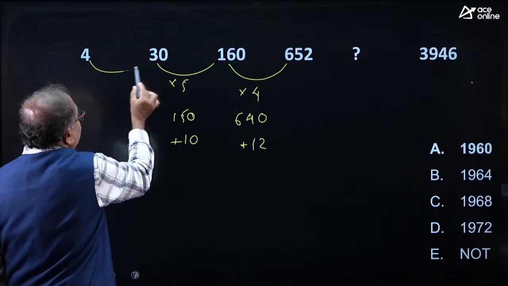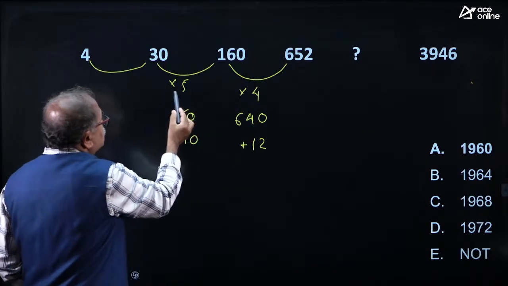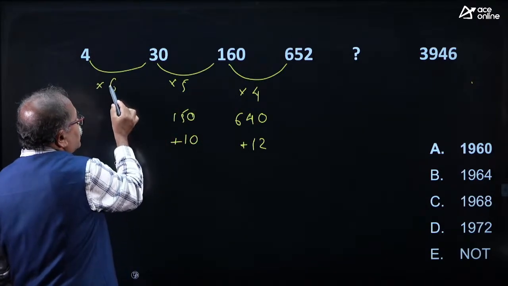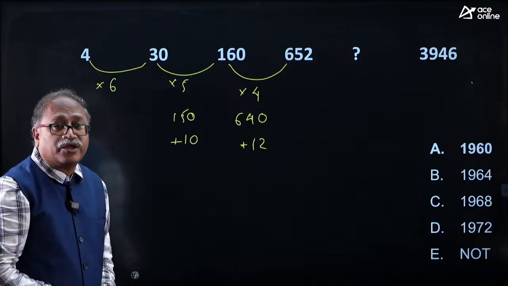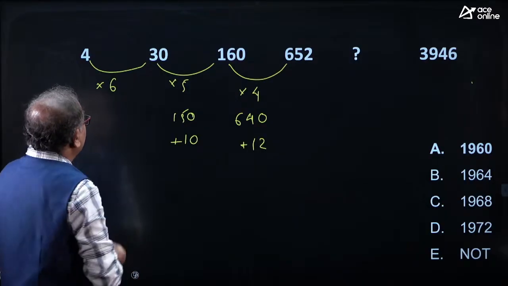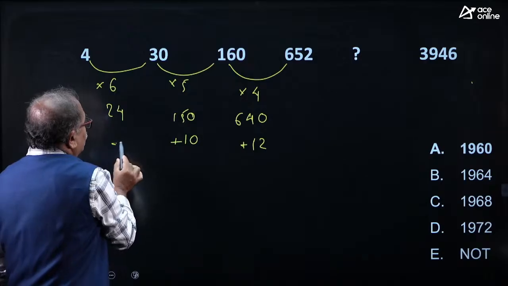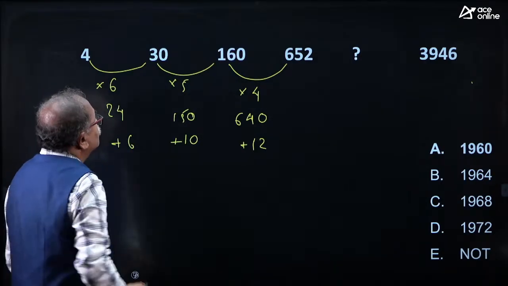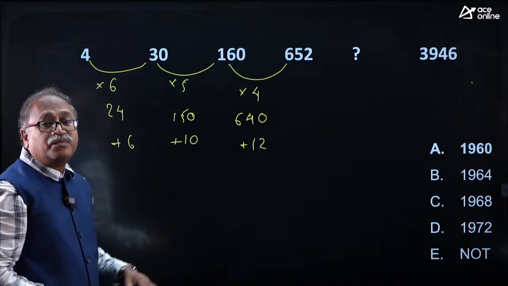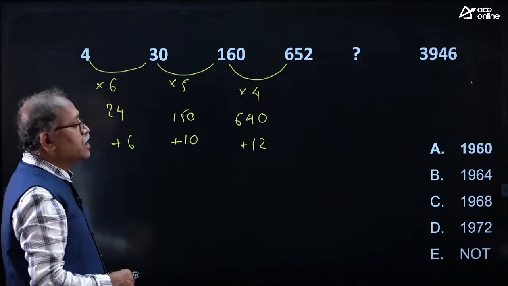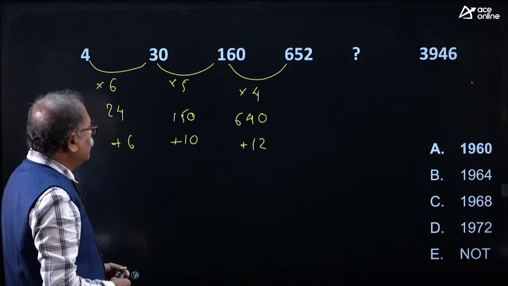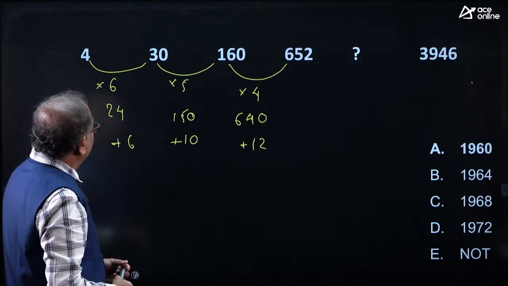I am going back and saying that this is 4, this is 5, then obviously this should be 6 in ascending order. So, 6 4 is 24 and how much to be added in order to get 30? 24 plus 6. Up to this we have a clue. Okay. Now,